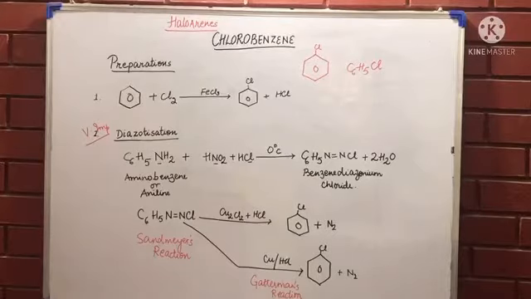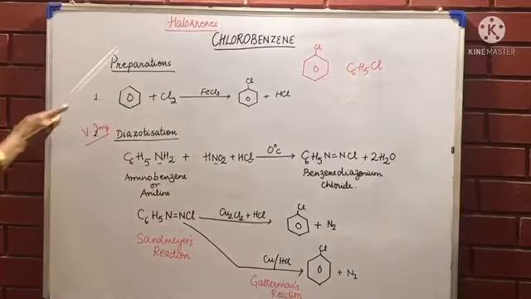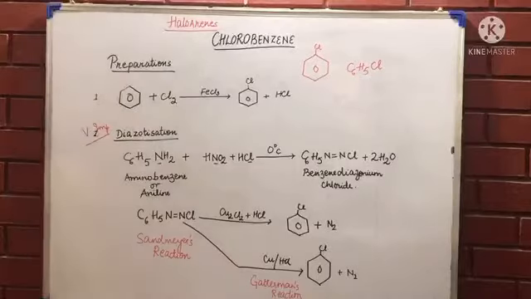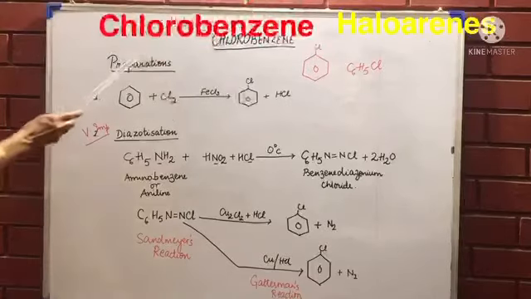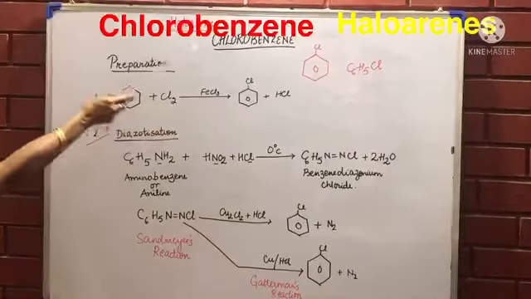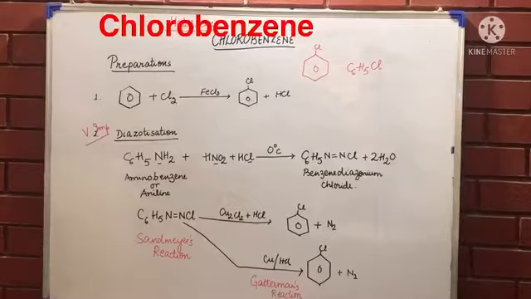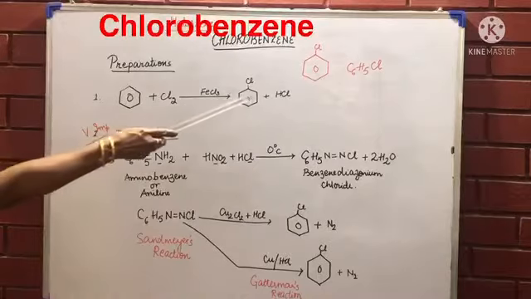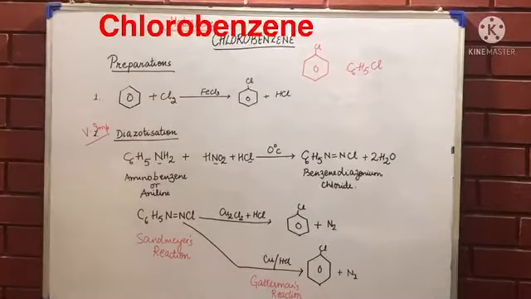We are doing the same type of compounds for benzene, that will be known as chlorobenzene, or it can be called haloarenes. If I was using haloalkanes earlier because halogen was attached on the alkane, now it is present on the benzene ring, so we call it haloarenes. So chlorobenzene can be written as a chlorine atom on the benzene, or also as C6H5Cl.